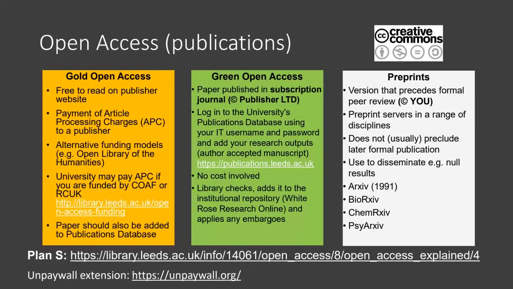So green open access is where a paper is published in a subscription journal. The copyright would be signed over to that journal. Again, we're trying to get away from that. We won't go into too much detail about that, but there's a lot of discussion around this. It is your work after all, and please don't give it away. Talk to us if your publishers are asking you to give them your copyright, because increasingly we're trying to encourage people to retain their own copyright. But historically, green open access has been making a version of a paper available through a repository